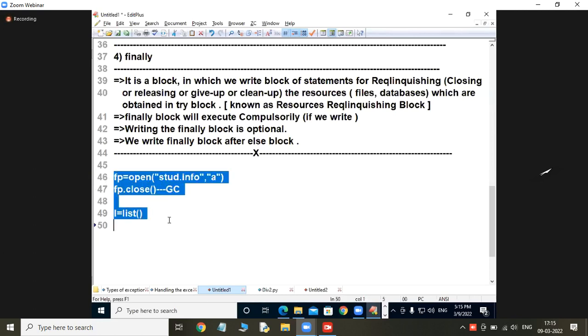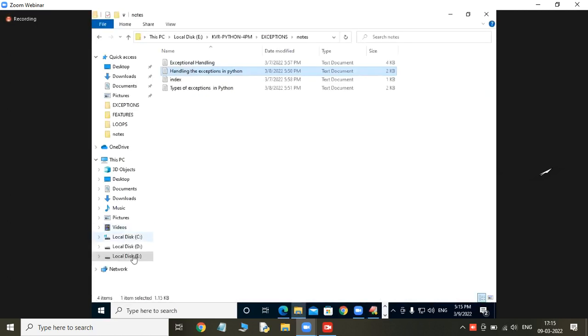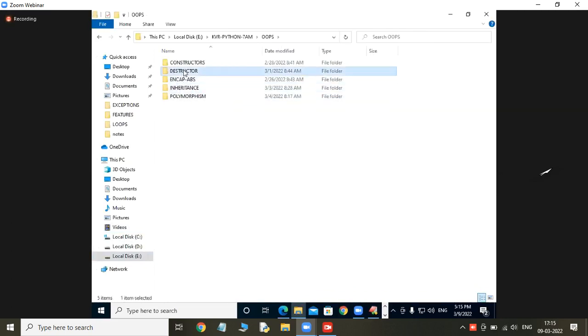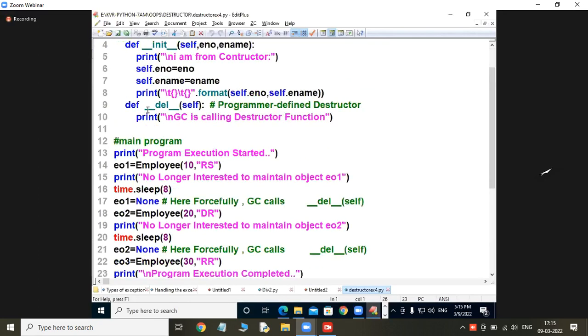Anyhow, I will show you the meaning of this word. Instead of bothering about the word here, I'll show you technically in the class. Okay, na? Right. Now only I will show you. Look at 7 a.m. in OOPS. There is a destructor concept. There is a program there called the destructor program. There I am going to write a del, underscore, GC calling destructor function. There I am going to show you the meaning of cleaning up the resources. Don't worry about that. I will show you in OOPS.